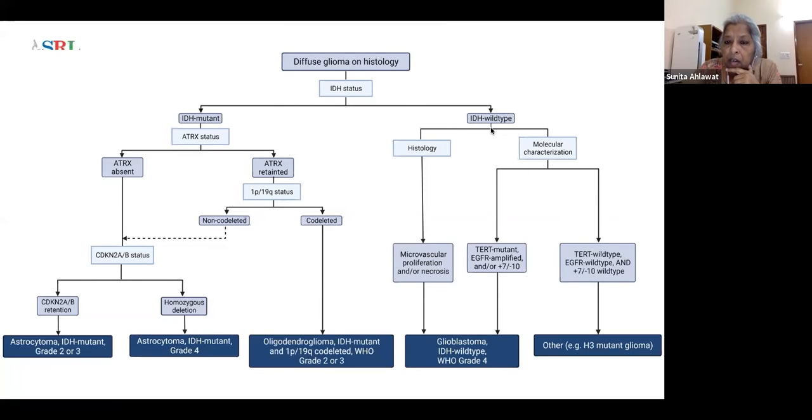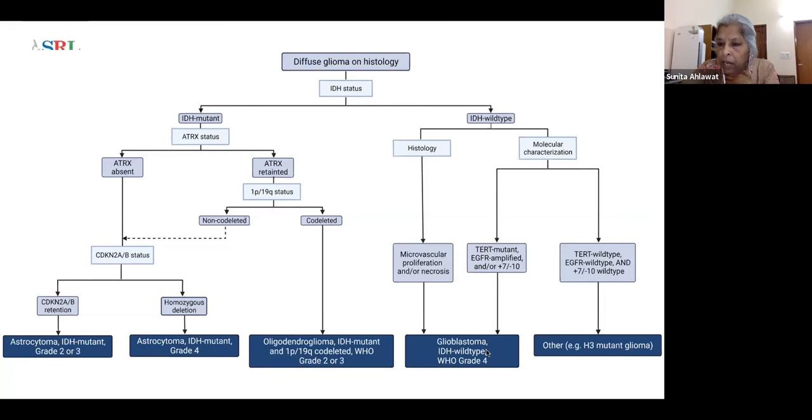If on histology you don't see all this, you have to undertake the molecular characterization. That is, you do the TERT mutation study, EGFR FISH, and you do FISH for gain of 7 and loss of 10. If any of these markers are positive, it becomes a grade 4